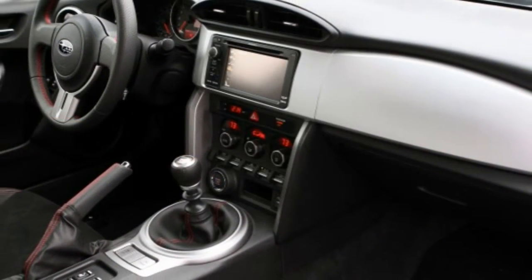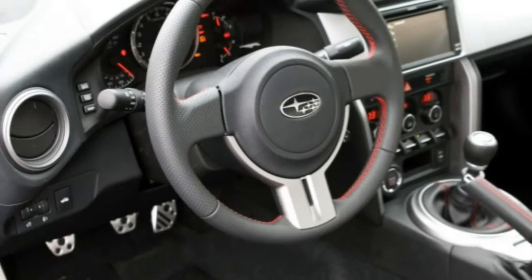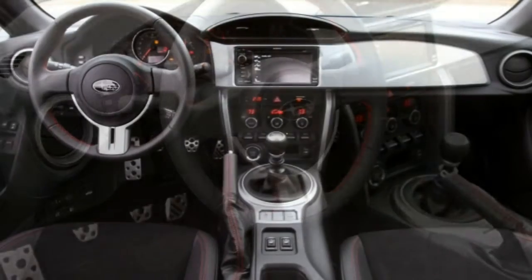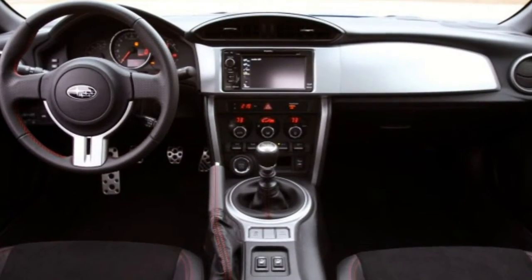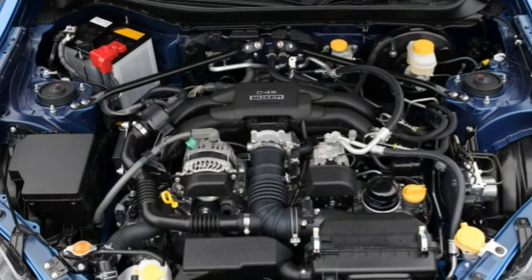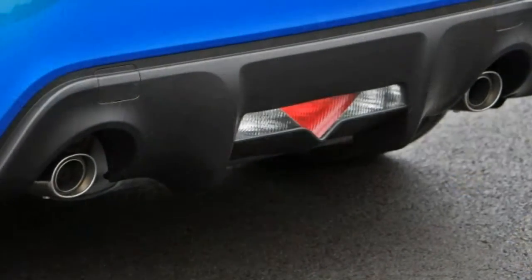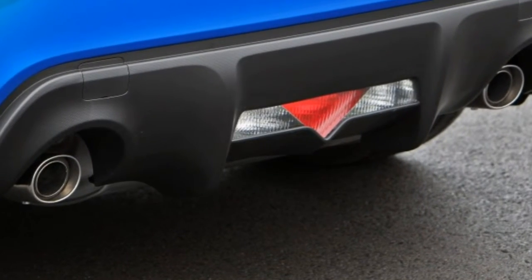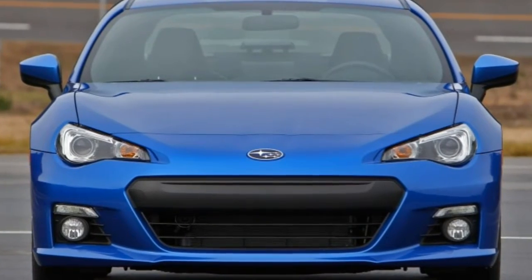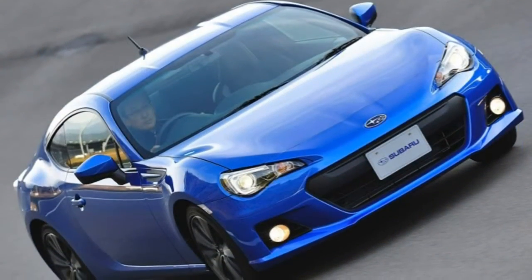Electronic features include a 6.1-inch touch screen, Bluetooth phone and audio connectivity, a navigation system, voice controls, smartphone app integration, Aha radio, and an 8-speaker sound system with a CD player, HD radio, satellite radio, an auxiliary audio jack and an iPod interface. Stepping up to the Limited adds fog lamps, a rear spoiler, keyless ignition and entry, dual-zone